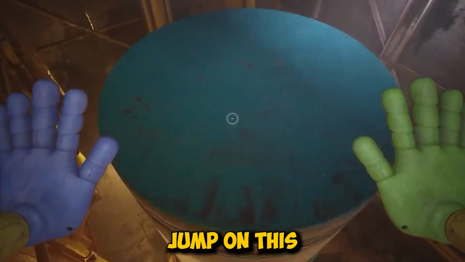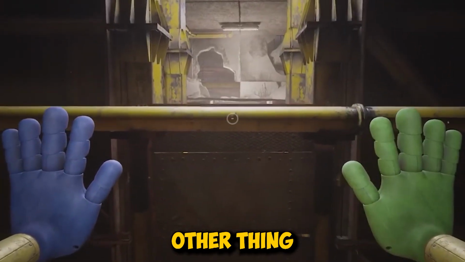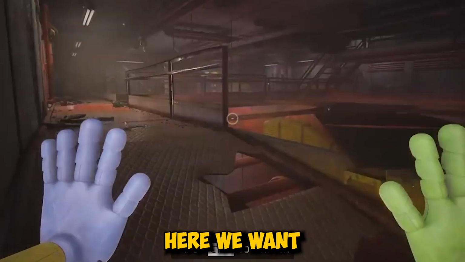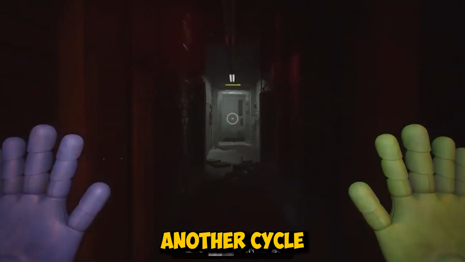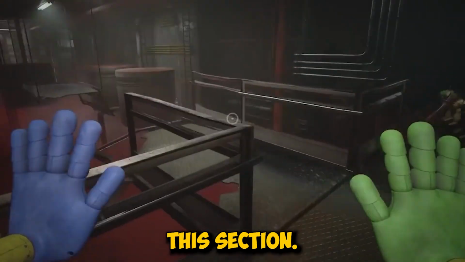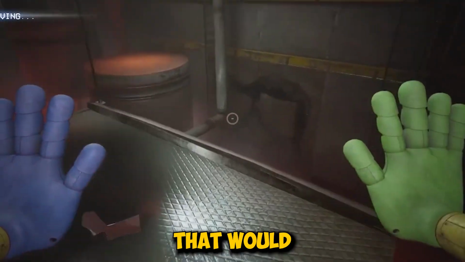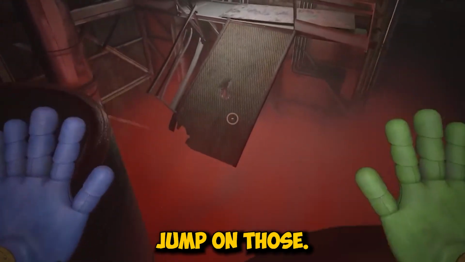have to make. We have to jump on this blue thing before it goes all the way up, and then we can jump on the other thing. And once that raises up a bit, we can make our way to the next section. Here we want to crouch down, go to this door right over to the left, and there's another cycle we have to make. So again, we have to be pretty fast here. At this section, these things are going to collapse, and if we weren't fast enough, that would have killed us. So we can make that, wait for them to come back up, jump on those, and right over here